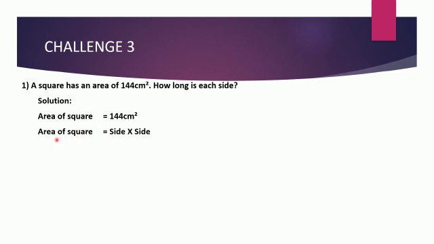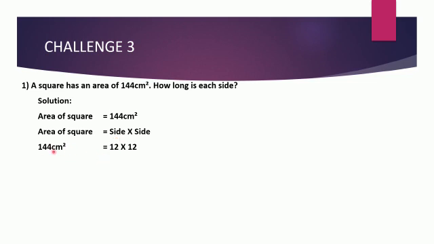So you will put the value of area under the area of square like this. Area of square is 144 centimeters square. We know it, so we have written it. And side, we don't know the answer of side, but we will get it from here. 144. So how will we get 144? By multiplication, we will get it like 12 multiplied by 12. Because when you multiply 12 by 12, you will get 144. Okay students, so it means that each side is 12 centimeter.